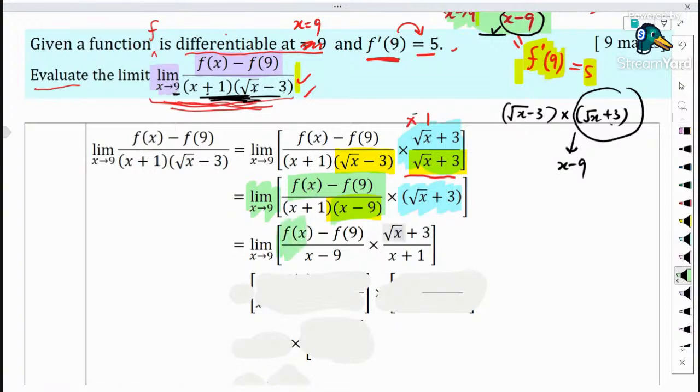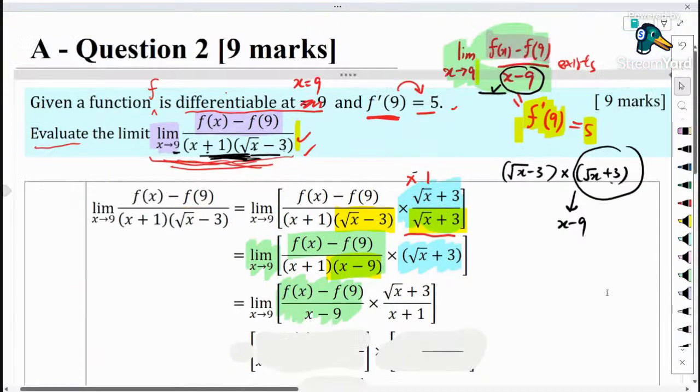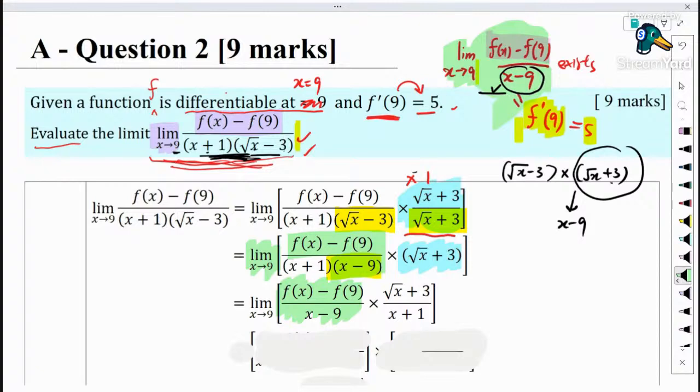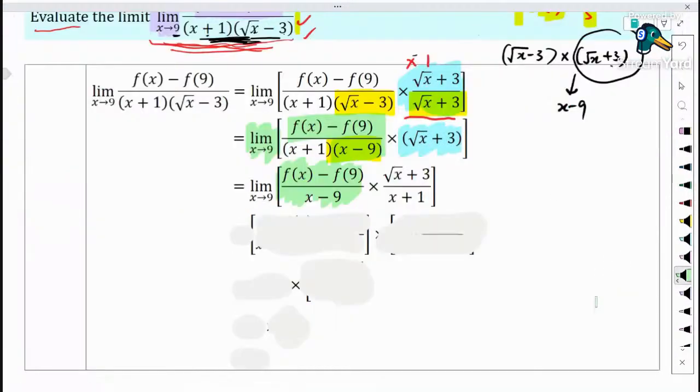So now you see the terms I highlighted in green are all the terms and also the arrangement I want to have in order to achieve these substitutions. Then reach up to here. Next, what is happening in my calculation is that I apply the properties of limit as you learned just now in the last example. If I take the limit as x approaches 9 of a multiplied with b,